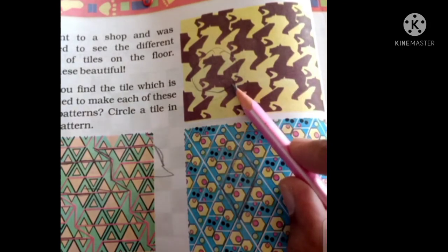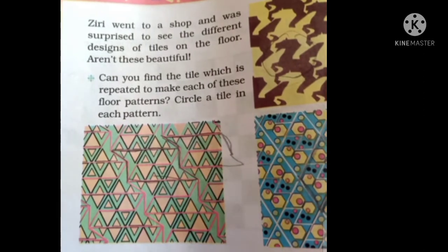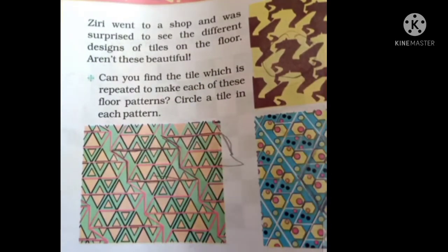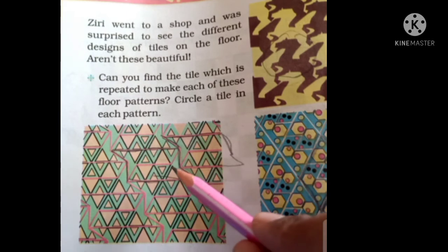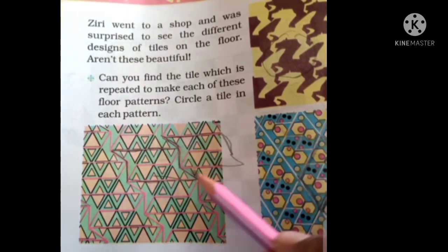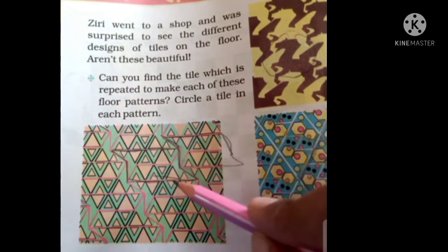And the second one, see, you can see this is a very difficult one. How can we find it? It's very easy. See, I have drawn it here. Can you see the darker one? Okay, so this is the tile pattern. This is one tile which we have made properly and which is repeating and gives this kind of pattern. So you can see here we have arranged it by taking half of it up. This gives this kind of pattern. The same way here, we are putting like this way and without leaving any gap, it makes a tile pattern, right? So you have to make this one tile dark so you can understand, okay?